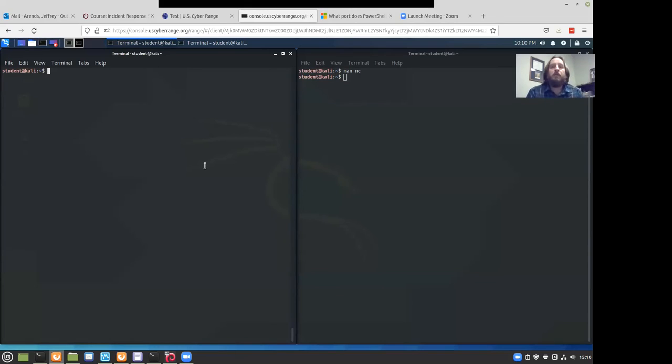So I will give a quick little demonstration. Okay, so the attacker is the computer on the left. Generally, how a reverse shell will start is